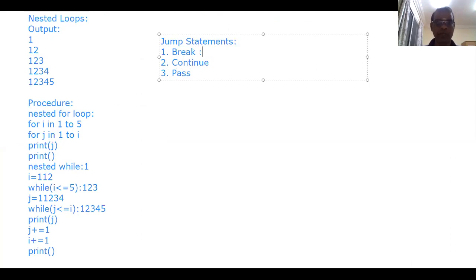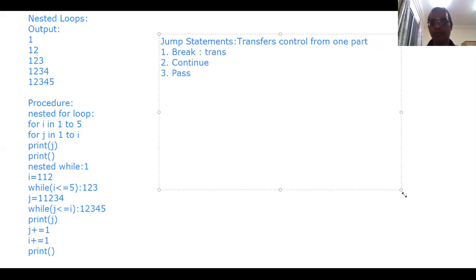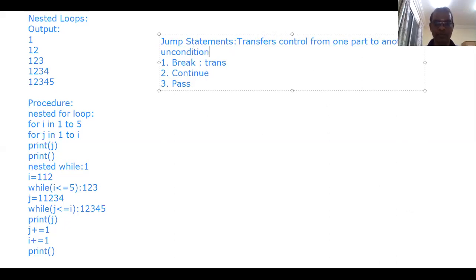First, break. Jump statement means transferring the control from one part to another unconditionally. So whenever a jump statement is encountered, it transfers the control from one part of the program to another part of the program unconditionally.